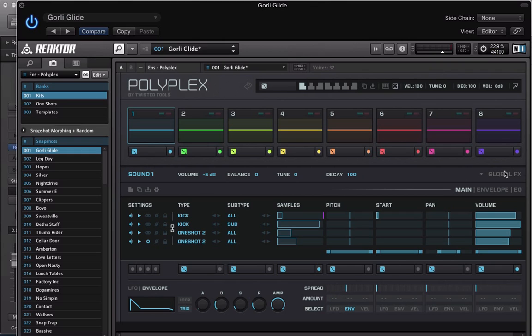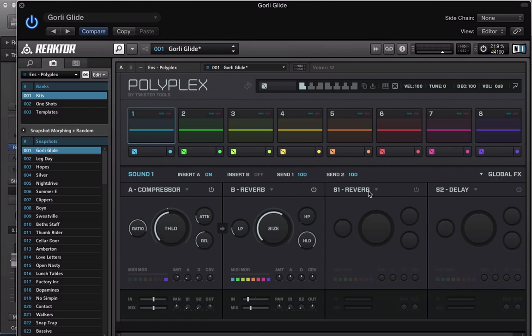Yeah, and let's look quickly at these global effects. Like I said, the next couple of tutorials are going to get stuck into sound design a little bit more, but just look at these global effects, because again, this is next level with what you can do. You've got insert effects and you've got send effects. So with insert 1 on